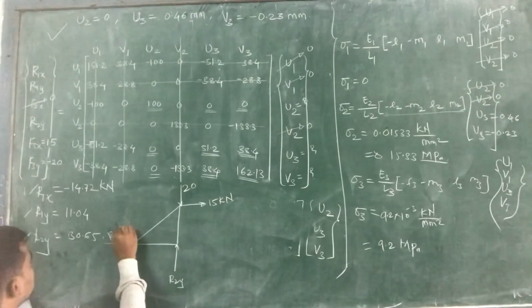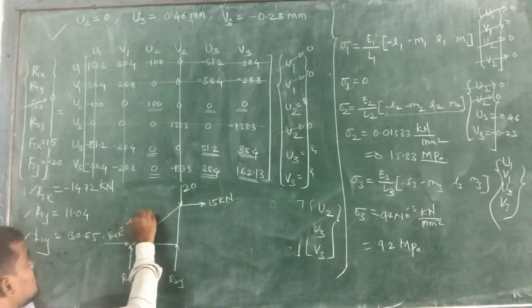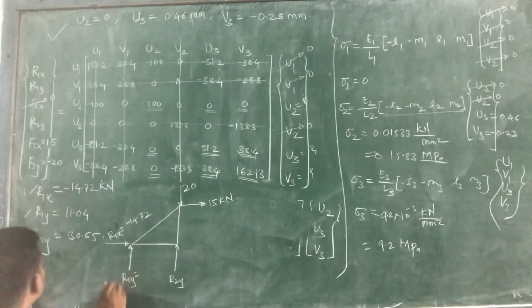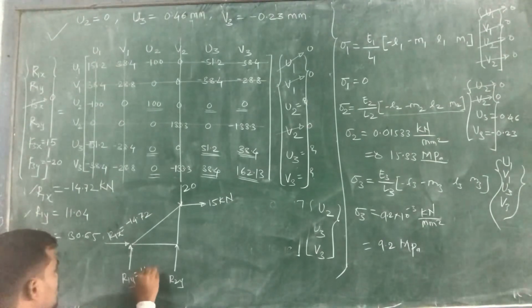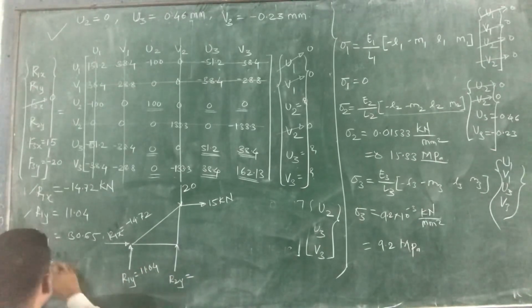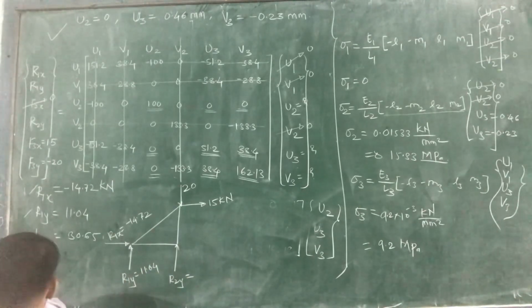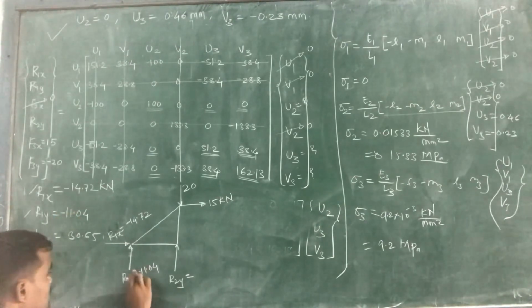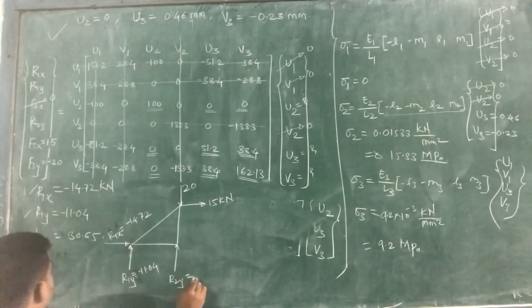So R1x is nothing but minus 14.70. R1y is equal to, sorry, this is minus 11.04. And R2y is equal to